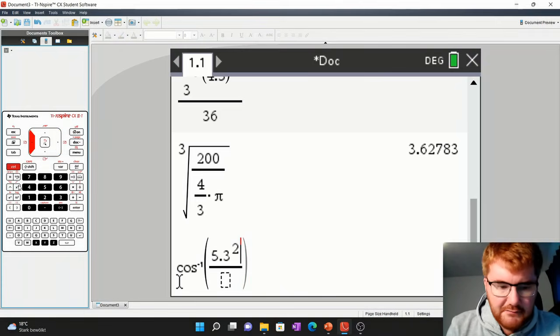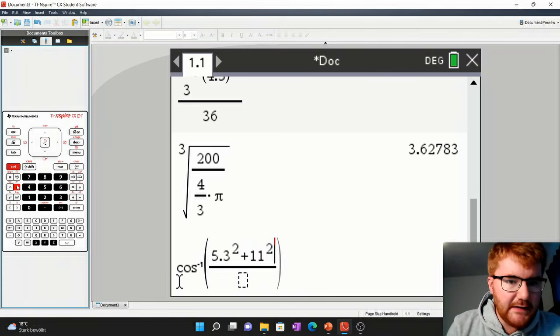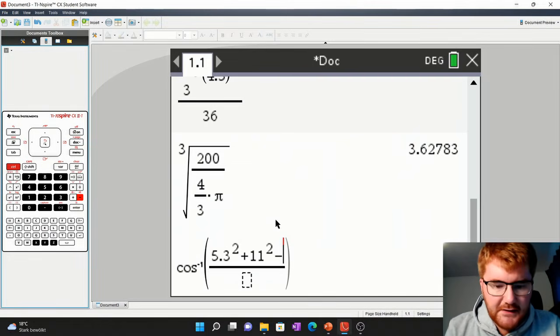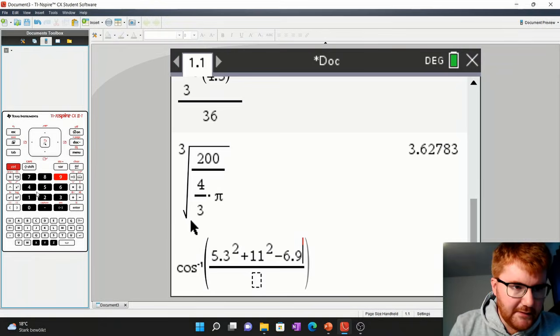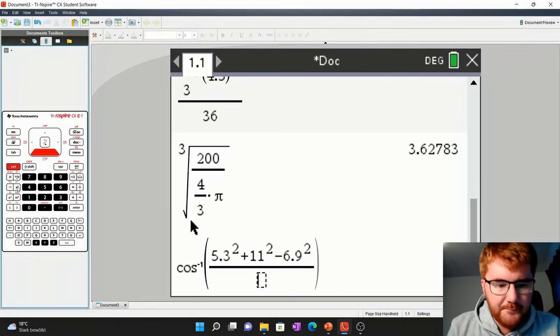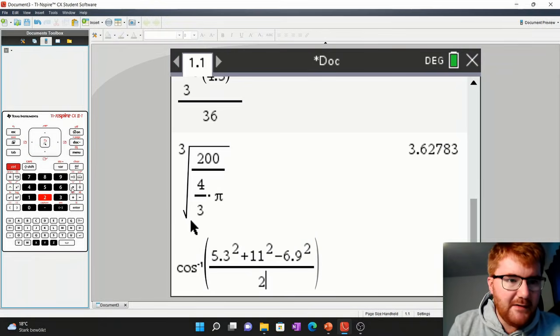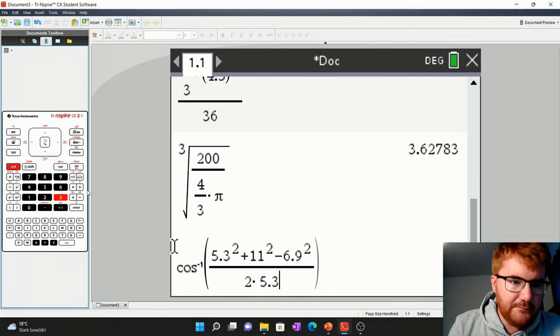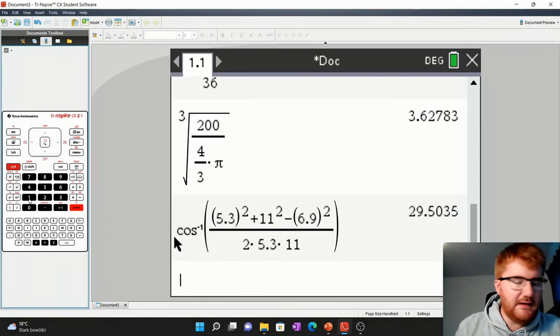Making sure we write in everything here. 11 squared minus, there we are, 6.9 squared. Perfect. And then down below, we've got 2 times. The way I always think of this is the 2 first numbers here. So 5.3 times 11. Press the enter button, and then we get our answer of